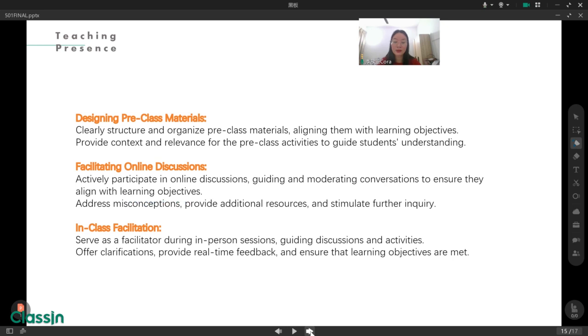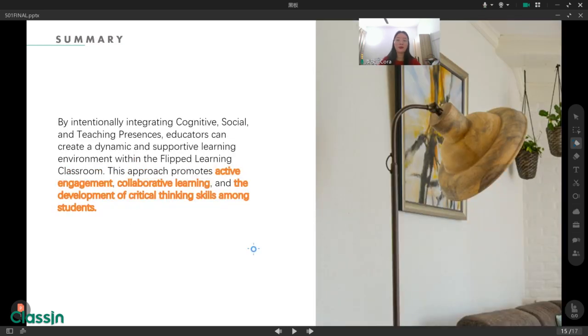Okay, do you feel confused? We have talked about so many things about the application. So let's do a brief summary. For the flipped learning classroom, we use COI. This approach has some advantages and aims.